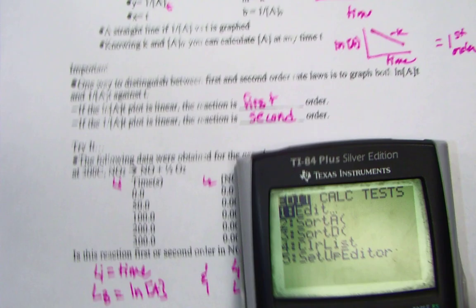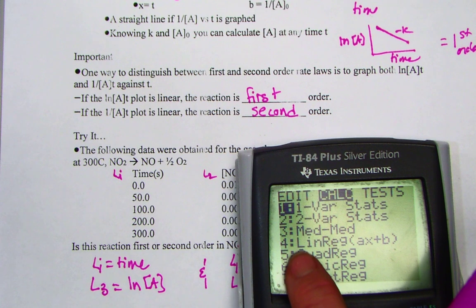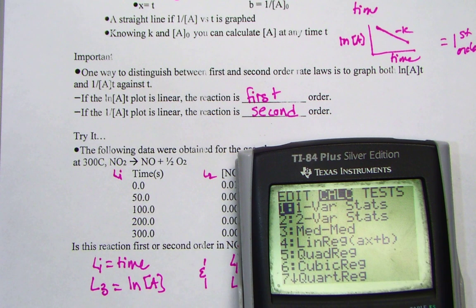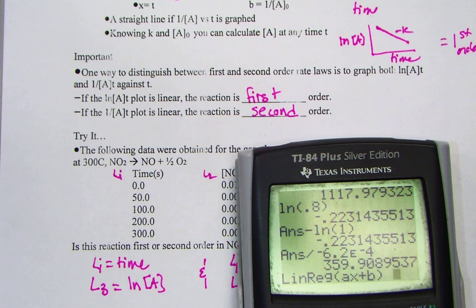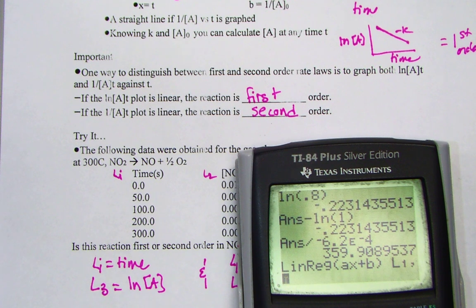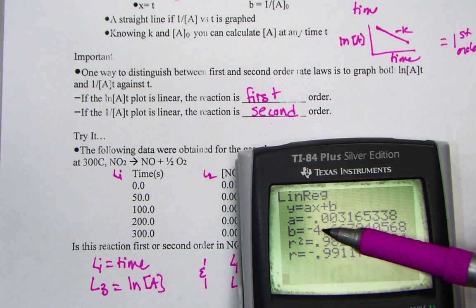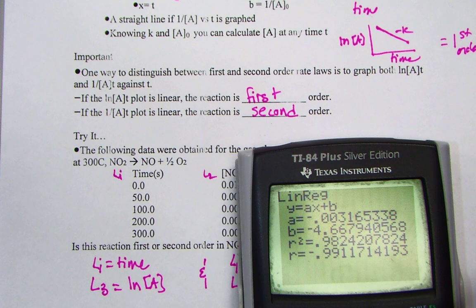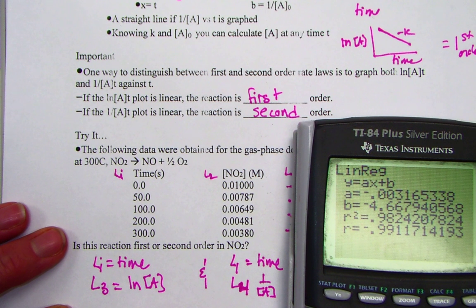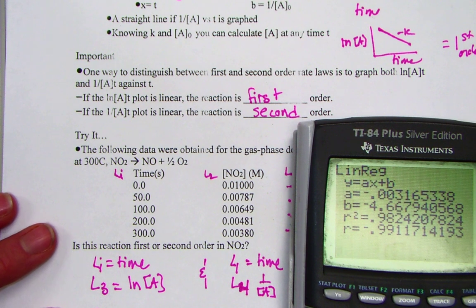So stat, calc, a linear regression, which is number 4 choice. It's asking me which list would you like. Well, list 1, comma, list 3 is going to show me the ratio between the natural log and time. And this is what my calculator says. I get an A value, a B value, R squared, and R. I want to know the correlation coefficient. So under here, I'm going to jot down R squared is 0.9824. Friends, you could take the time to visually plot this